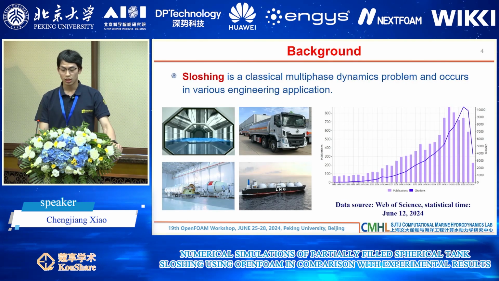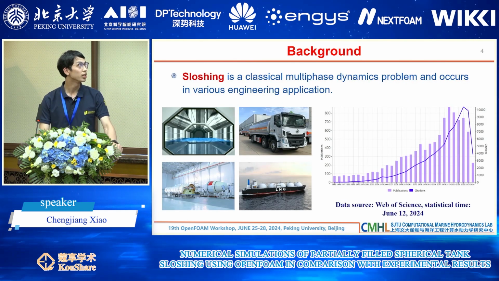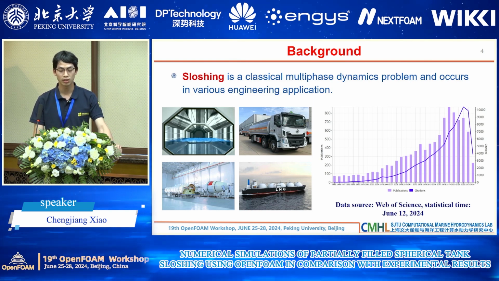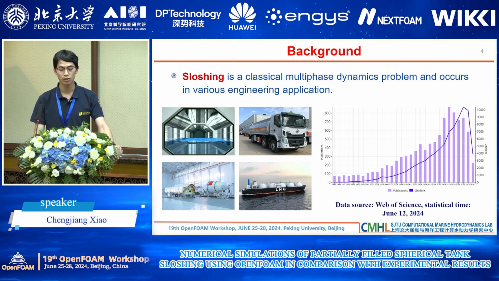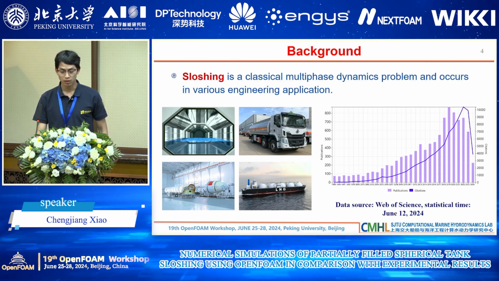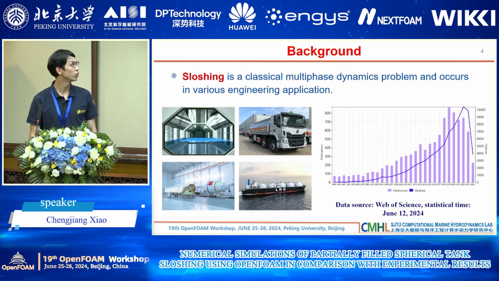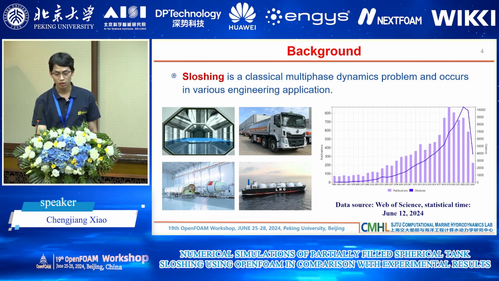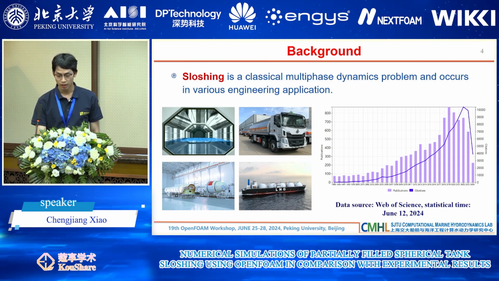First, liquid sloshing is the phenomenon that occurs in our daily life when a liquid within a container moves or shakes. It is also a classical multi-phase dynamic problem and occurs in various engineering fields such as aerospace and marine engineering. This sloshing not only affects the stability